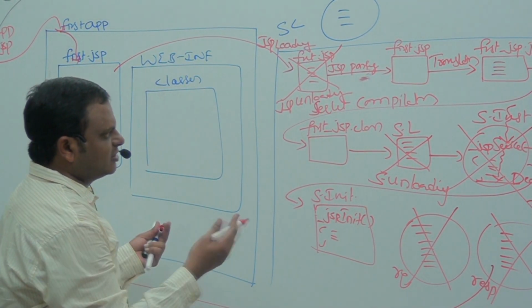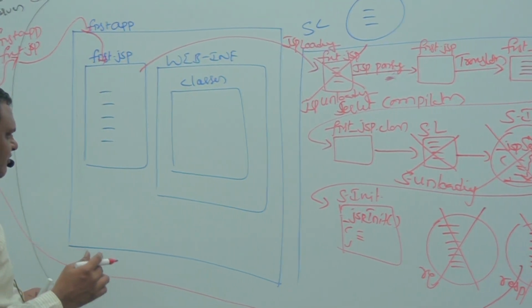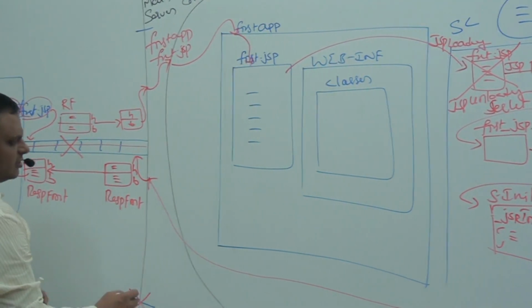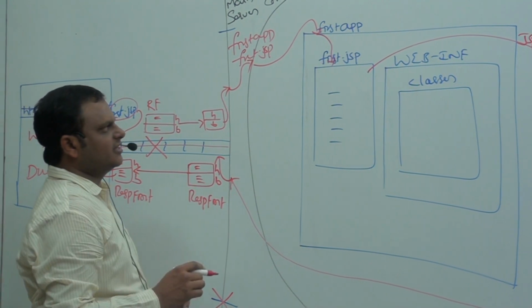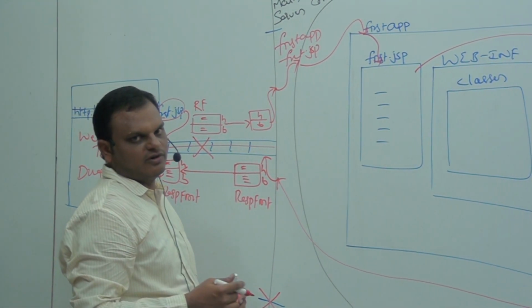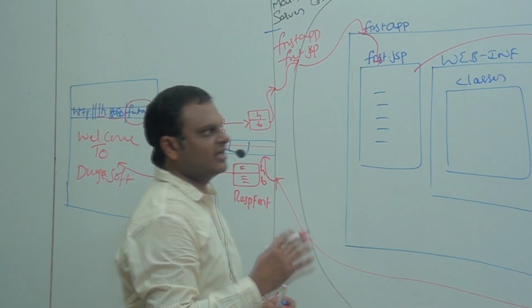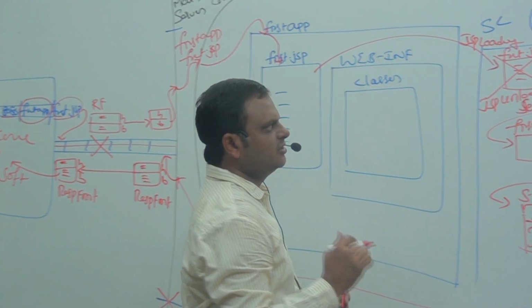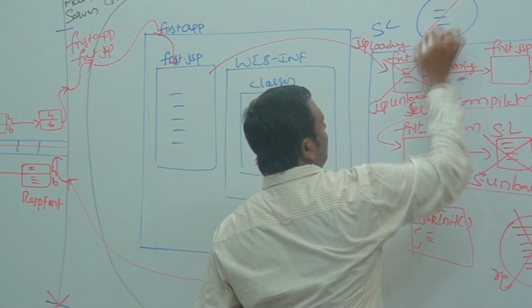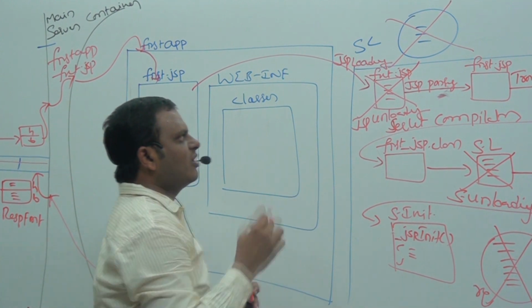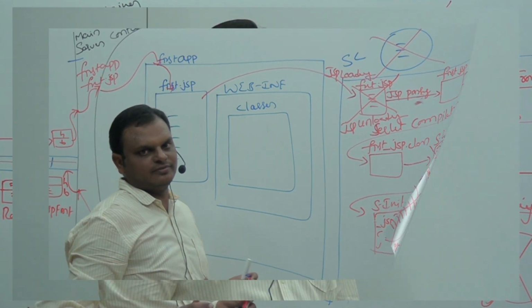After completion of this entire application, whenever the server is shut down or the web application is undeployed from our server, the container will destroy one more object. Which object is that? The ServletContext object is destroyed completely. Fine. Up to now we have discussed how a JSP page is executed when we submit a request from client to server.